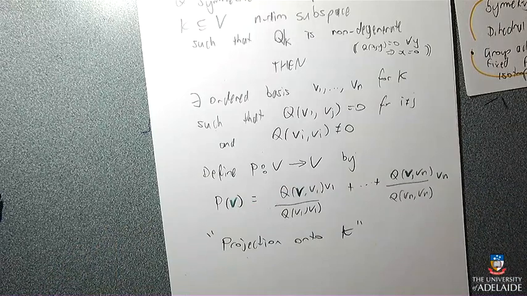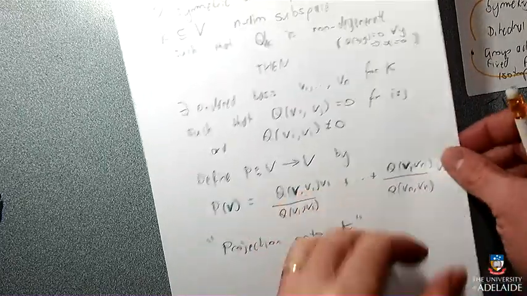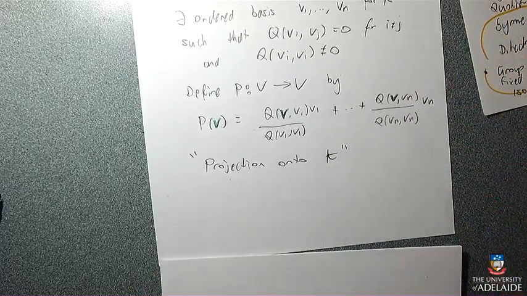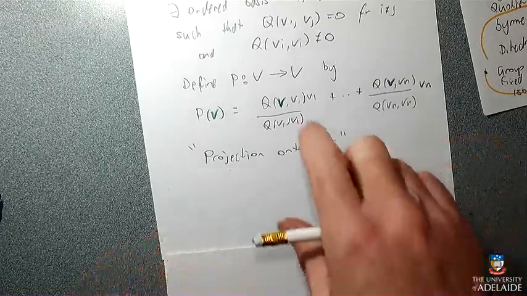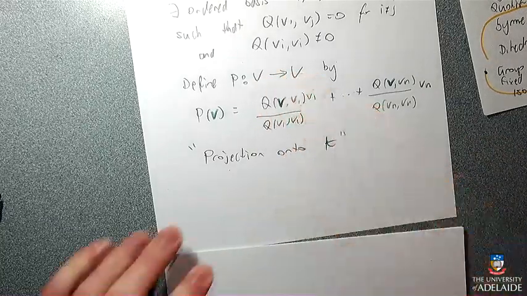So this is behaving the way we thought projections behaved back in Maths 1B, but I just want to check some things. So different Qs would produce different results for this. If your bilinear form was a different bilinear form, then it would give a different projection, I would imagine. Okay, so I just want to see what this is doing. So what this does is it takes everything in V and it produces as an answer things that are in V. Okay.